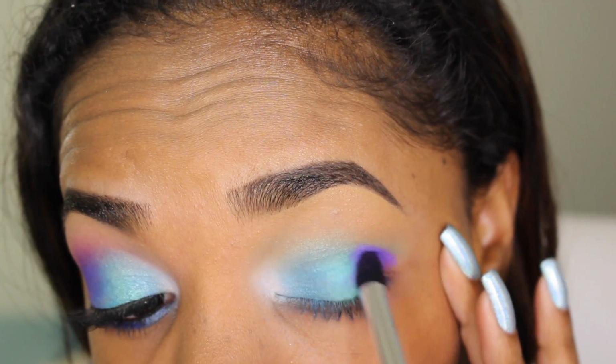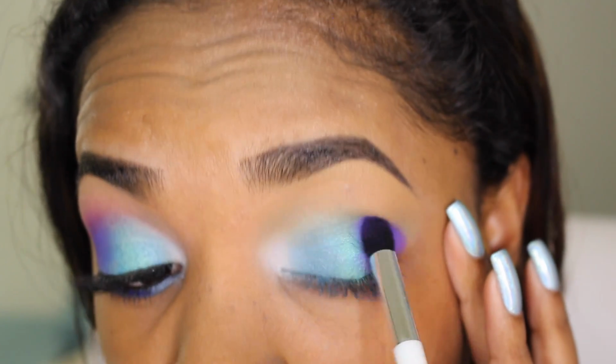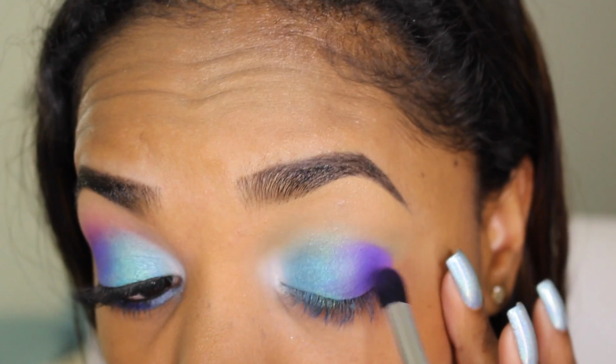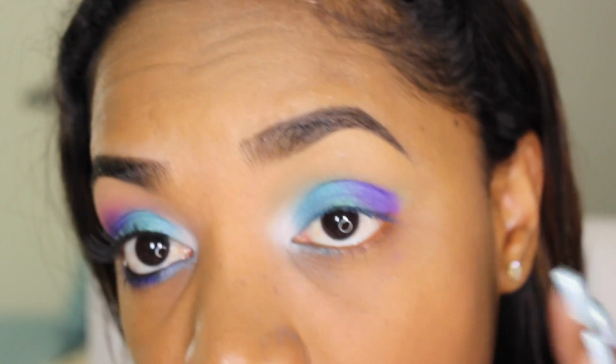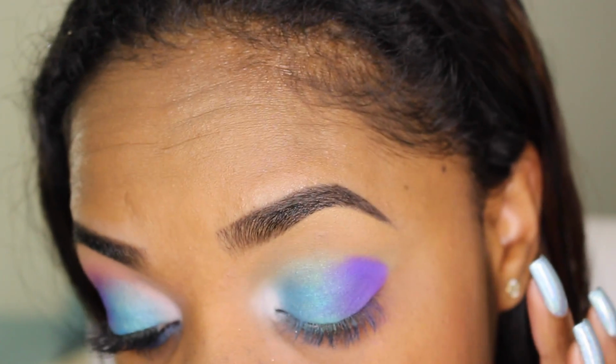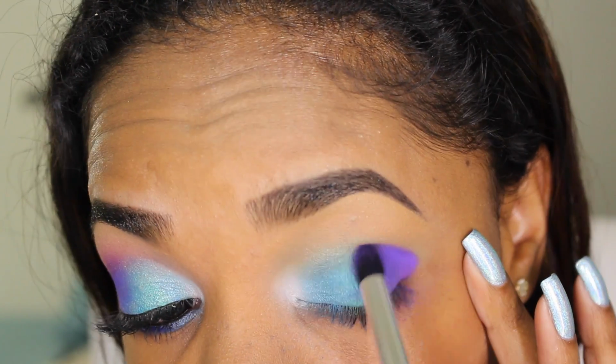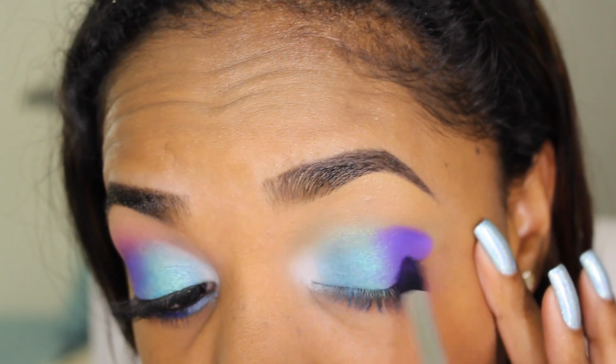It's a matte purple, and I'm picking that up on a Sonia Kashuk large crease brush. Again, this is a very stiff brush, so it will pick up a lot of color, and I'm just applying that to the outer lid and outer crease area, just concentrating on building up color. So I'm just using tap-in and circular motions just to deposit that color and really build up that intensity before